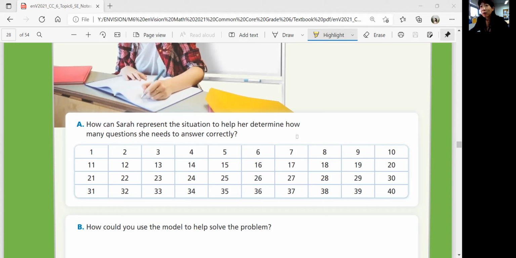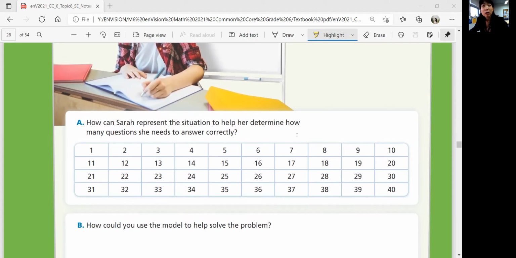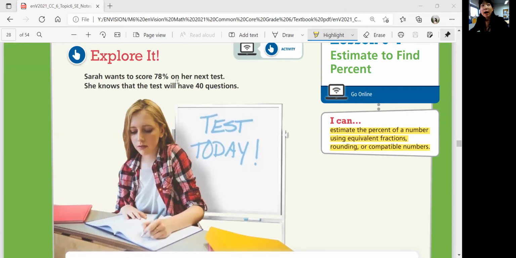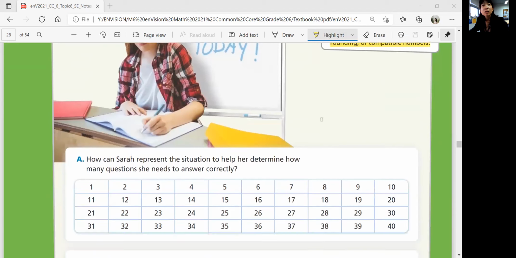Like if I get one wrong, how many percent is that? If I get two things wrong, how many percent is that, right? So she wants to know how many questions she needs to get in order to get 78% or higher. Okay, so